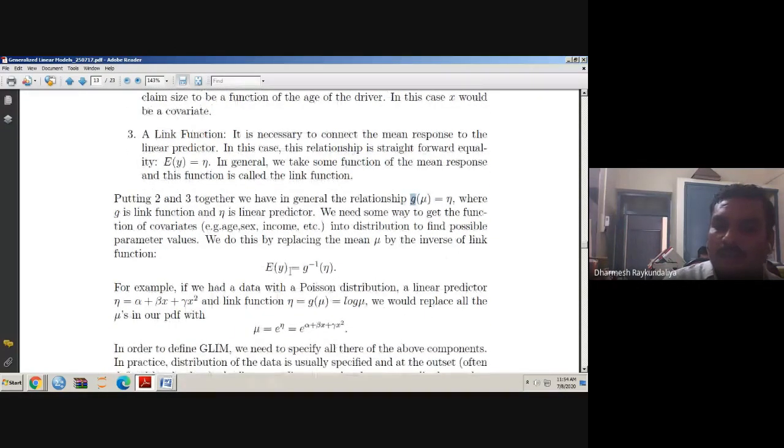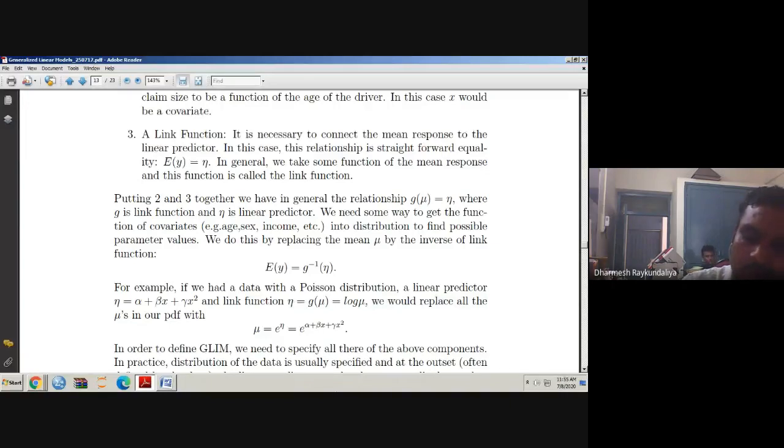So ultimately, what are we interested in? This. I am interested in finding out the expected value of y. So here I have to find the link function. I have to take the inverse of that link function, supply the linear predictors, and then it will give you the estimate of the parameters, or sorry, the predicted response. So in short, whatever link function you have, it should be invertible and it should be differentiable. Both of these should hold. For example, if we talk about the Poisson distribution, what is the form of